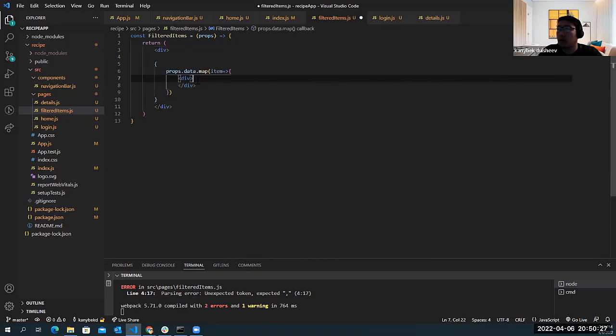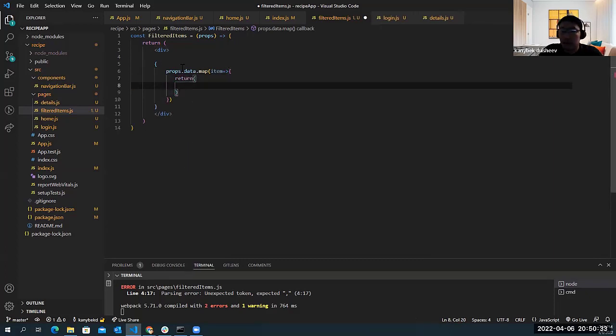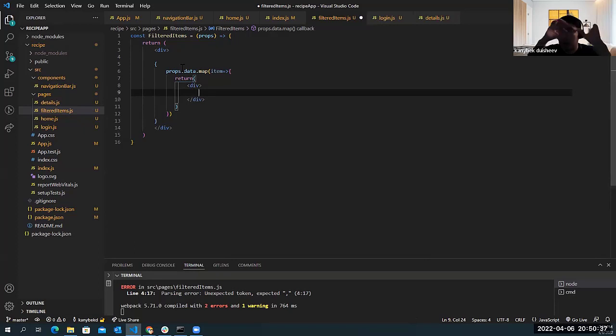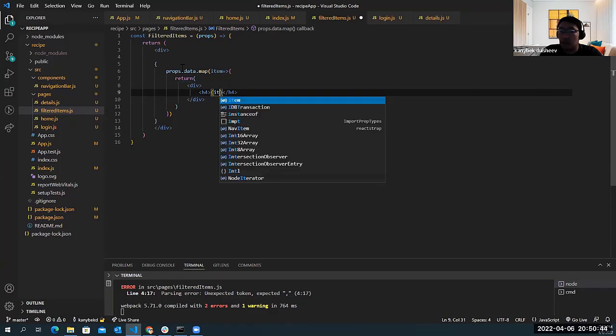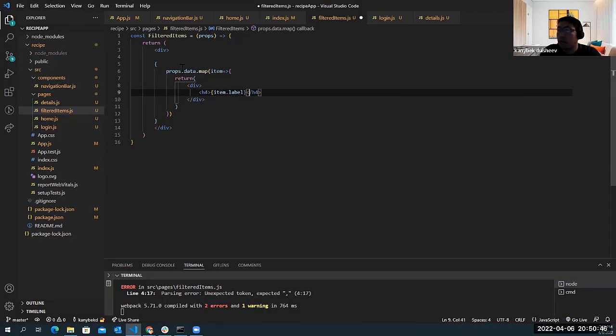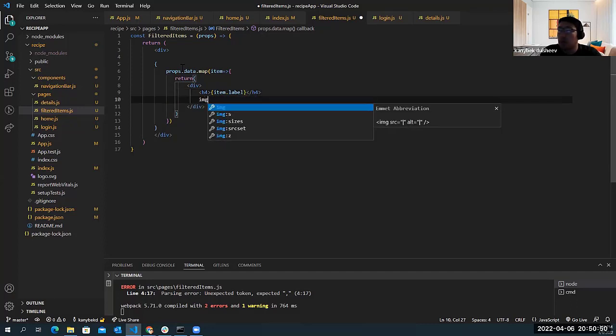Okay, and so let me return this one. Return, and then inside a div, I will have what? Label, right? That's going to be my h4, and that would be item dot label. And then I will have image, right? img,